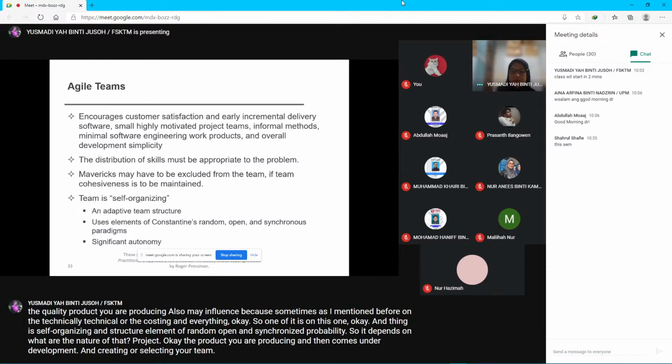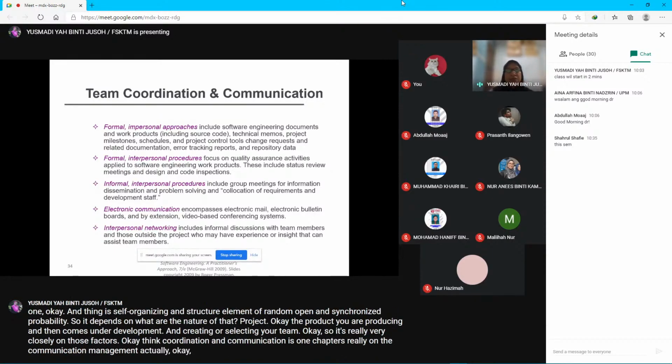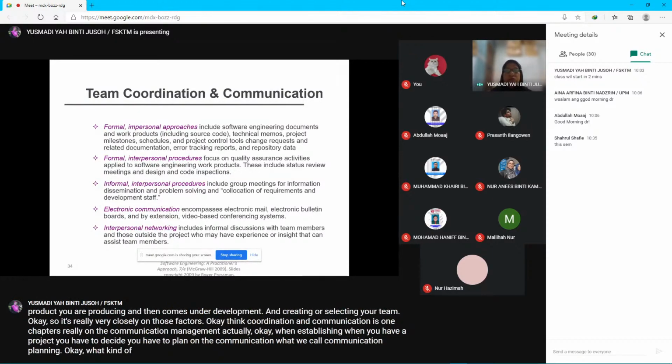Okay, so it's very, very close on those factors. Team coordination and communication is one chapter related to communication management actually. When you have a project, you have to plan the communication, what we call communication planning. Okay, what kind of communication is needed